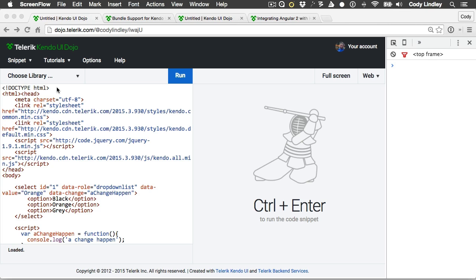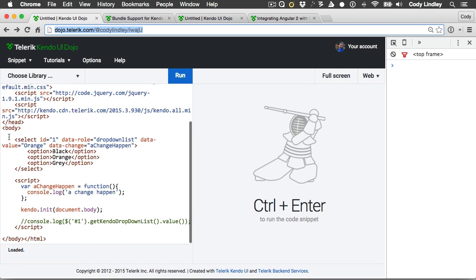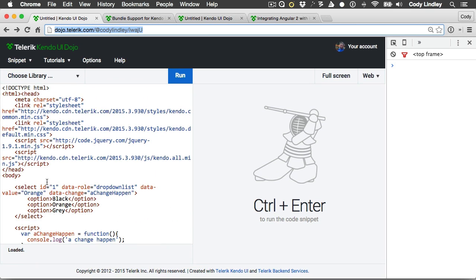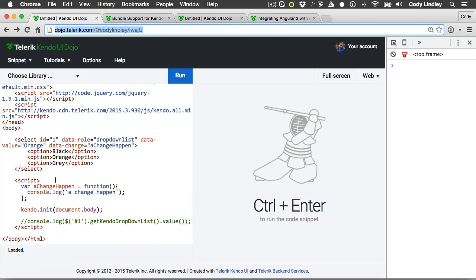Most of the code examples I'm going to be showing you today are inside the Telerik Kendo UI dojo. Now, if you're not familiar with this tool, it's very similar to JSFiddle or JSBin. The reason that I'm using it is so that you guys have the ability to go to this URL I'm highlighting up here and actually play with the code yourself. Now, inside this particular dojo, I have a very simple HTML page, and of course I'm including all the appropriate Kendo UI style sheets and JavaScript. And in order to introduce custom elements to you guys, I'm going to first contrast them with what we call